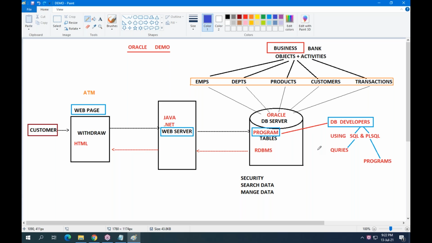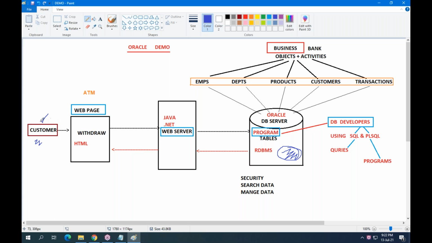from the business point of view. How does this data benefit the customer? Suppose here is a customer. He wants to withdraw money. He has a bank account. Assume that this is the banking database server. So the customer wants to withdraw money.